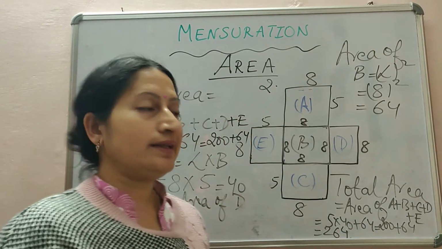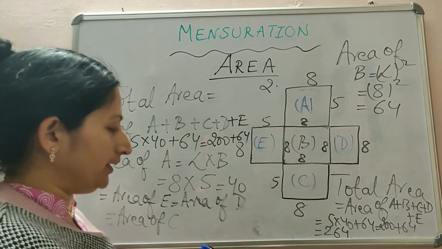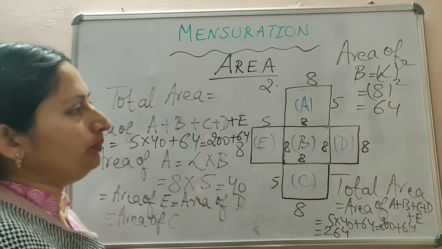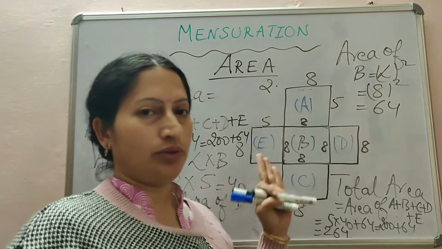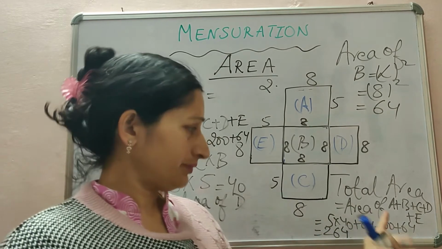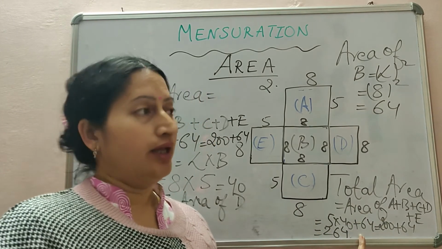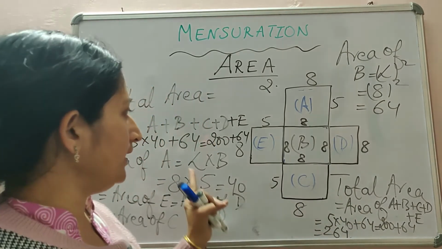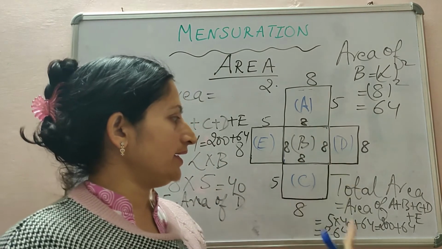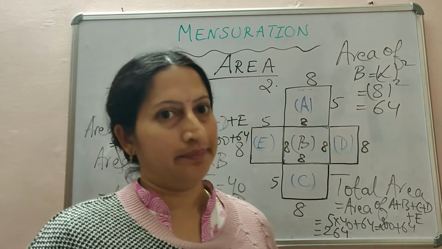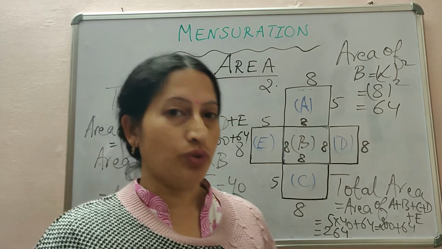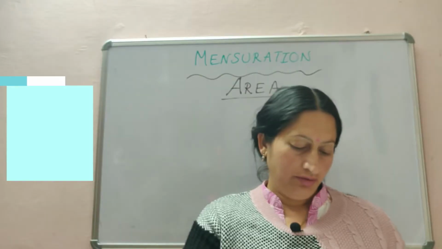So I hope this is clear to you how we can find out the area of any figure which is provided to you. You can divide the figure into small units and find each area, then total up the area. But don't make any mistake in the multiplications or additions, otherwise it will result in a total error in the area. Now I will provide you some questions as homework.